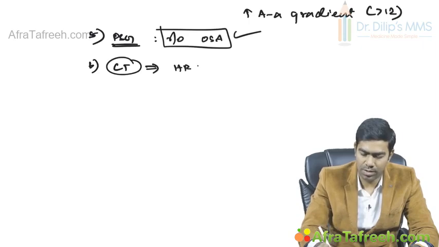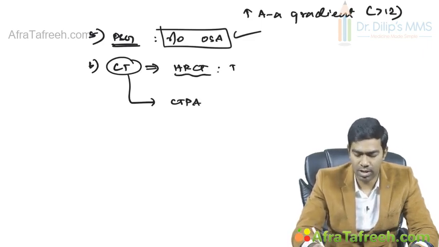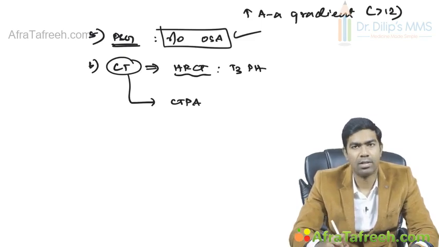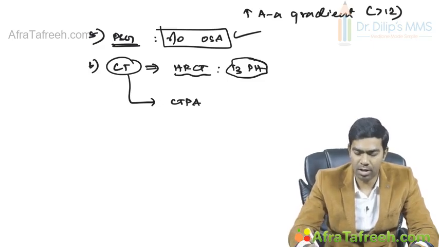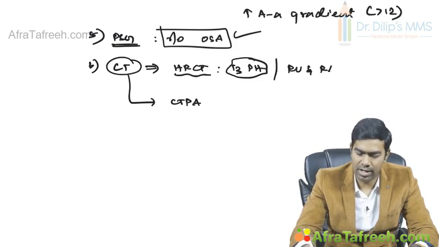Typically, you can do two types of CT. One is called a HRCT and the second one is CT pulmonary angiogram. Remember, HRCT is an integral component to diagnose a type 3 pulmonary hypertension due to lung disease. Very, very integral component. At the same time, it can also see the right ventricular and right atrial size, which